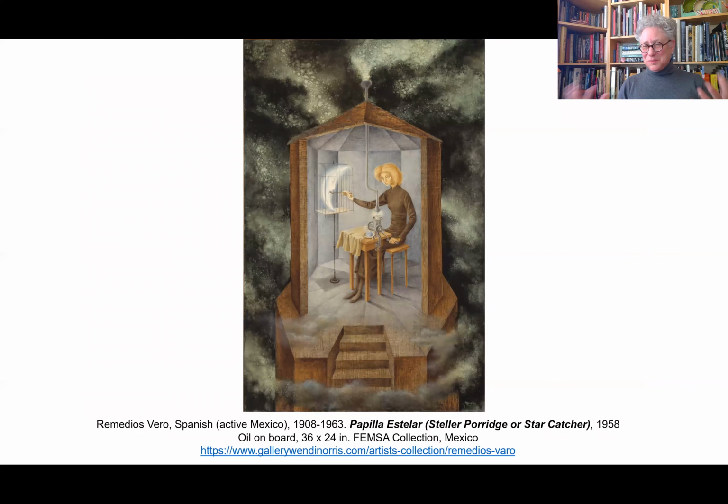Well, also, when I talk about isms, we will be looking at works of art from naturalism and realism, surrealism, which is an example here, right on through to contemporary art. So here is Remedios Varo, the Spanish artist who lived and worked in Mexico. And we will be looking at